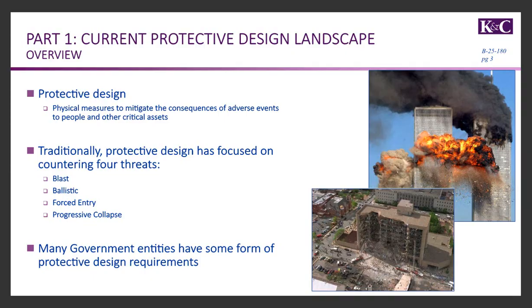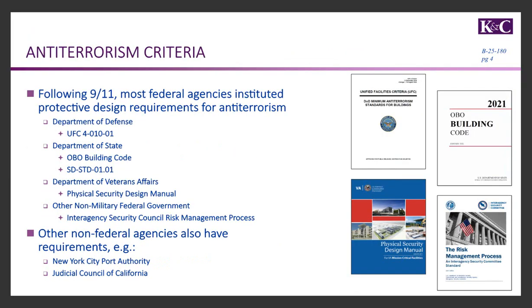Because of what happened with 9/11 and with Oklahoma City, many government entities, as I'm sure most of you know, incorporated some protective design requirements. And those requirements found their ways into multiple different codes. So for the Department of Defense, it was UFC 4-010-01. For the Department of State, they have a building code, their OBO, Overseas Building Operations building code. And they also have a specific forced entry and ballistic resistance standard that is STD 01.01. And then other agencies, so Veterans Affairs,